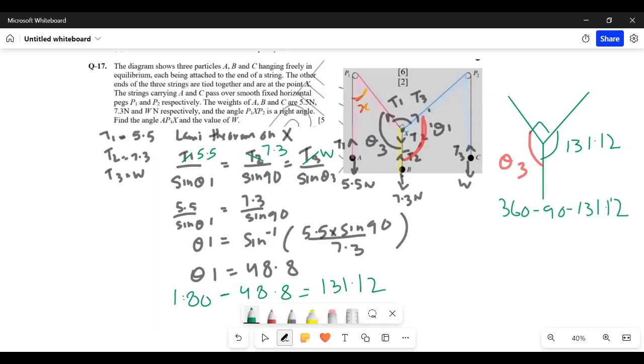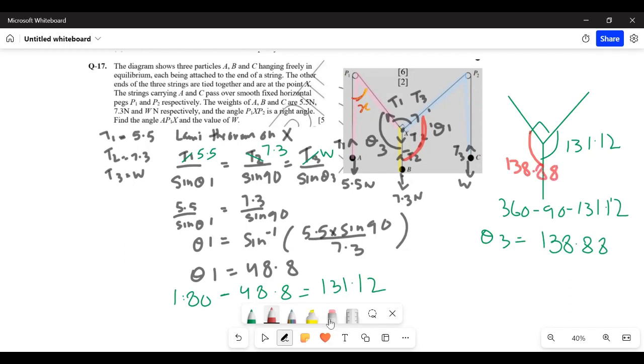What do we get for θ3? 360 minus 90 minus 131.12 से क्या आंसर आता है? 138.88। ठीक है, so this angle is 138.88।